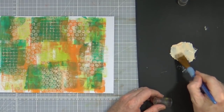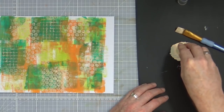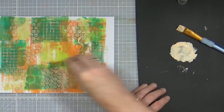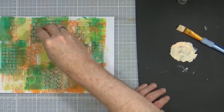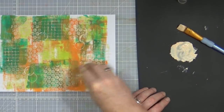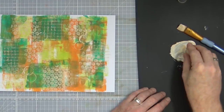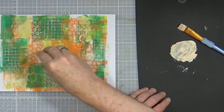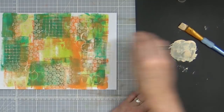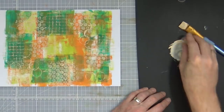Put that to one side. I probably will wash that off a bit later on, and then we can use the circles, just evening out the paint on my mat, and then we can just start dropping those in random places, just to kind of tie it all together. It doesn't matter if some of them disappear altogether, because that's just the nature of the beast. Just randomly going around,